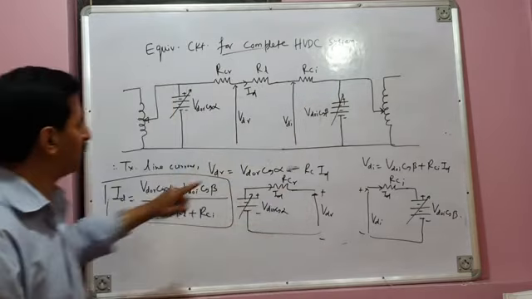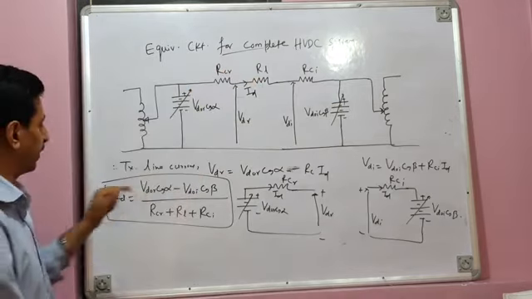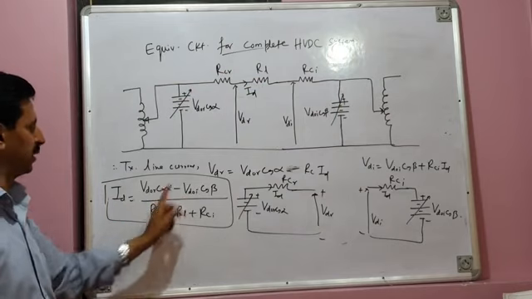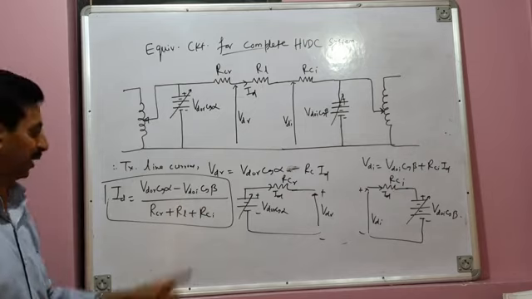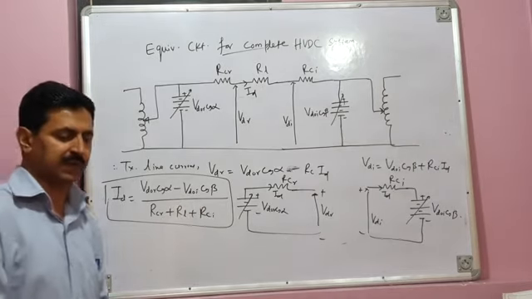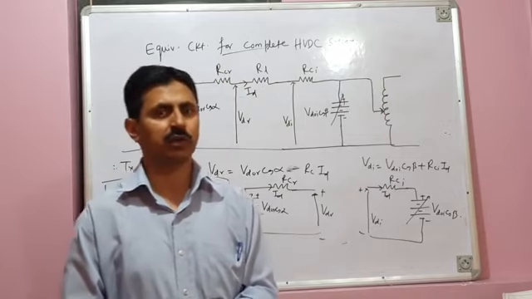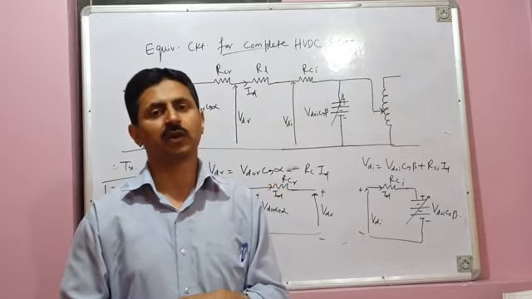From this, we got a very important equation for DC line current or transmission line current ID, which is equal to VDR cos alpha minus VDI cos beta, whole divided by RCR plus RL plus RCI, where RL is the transmission line resistance. This equation will be very helpful to us for designing the controller, because the job of the controller is to maintain this line current ID always constant.